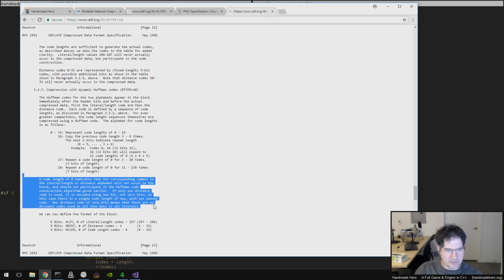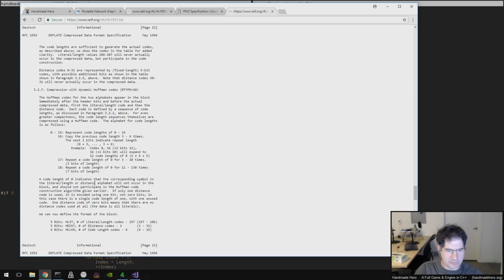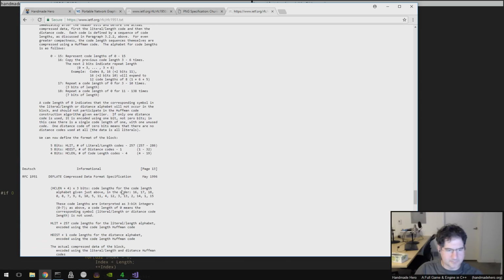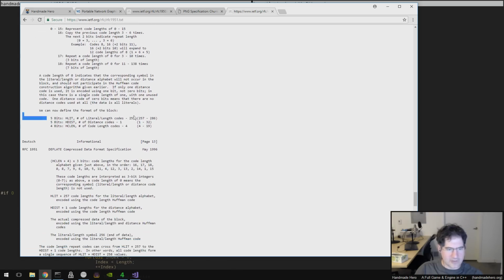A code length of 0 indicates that the corresponding symbol in the literal length or distance alphabet will not occur in the block and should not participate in the Huffman code construction algorithm given earlier. If only one distance code is used, it is encoded using 1 bit, not 0 bits. In this case, it is a single code length of 1 with 1 unused code. The distance code of 0 bits means that there are no distance codes used at all. We can now define the format of the block. So there's 5 bits of HLIT, 5 bits of HDIST, 4 bits of HCLEN,